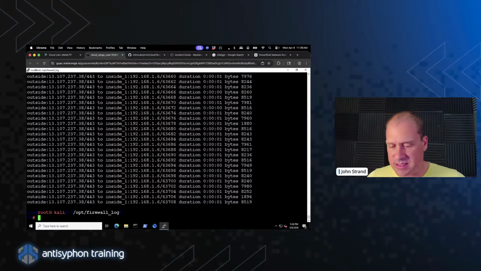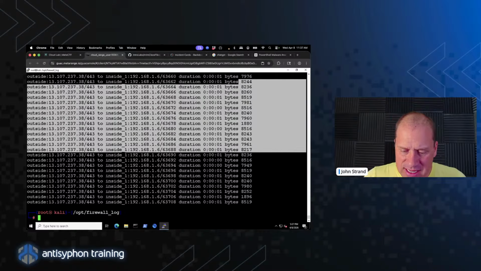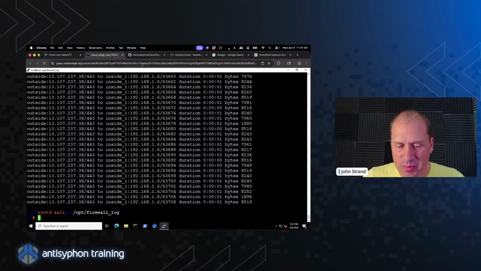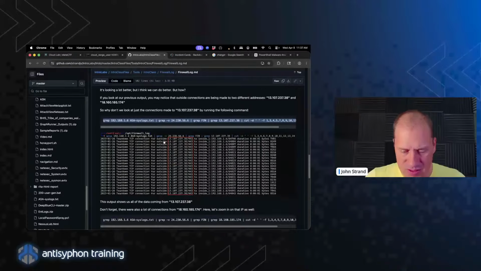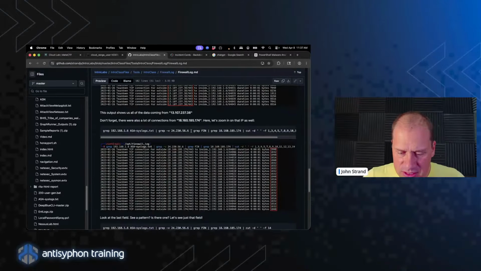13.107.237.38, look at this. This is really super clean data, right? I have very, very short duration bursts, almost right below a second. And then there's some really strong consistency in the data size. We're seeing a lot of repeating characters there as well. Right, so we looked at 13. Let's dig in on 18 a little bit